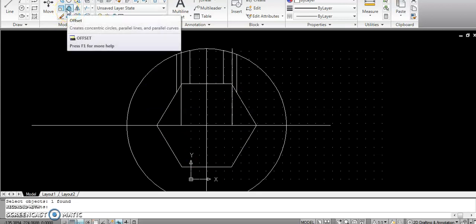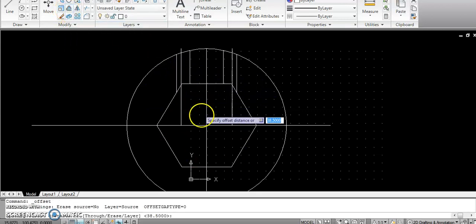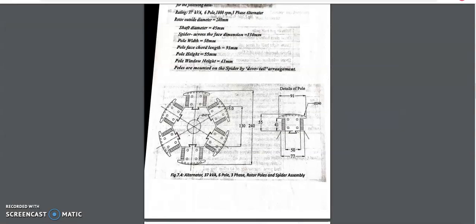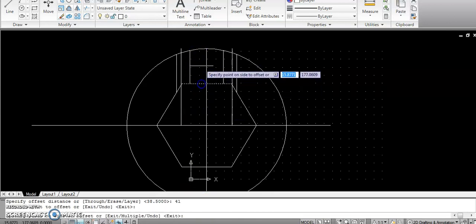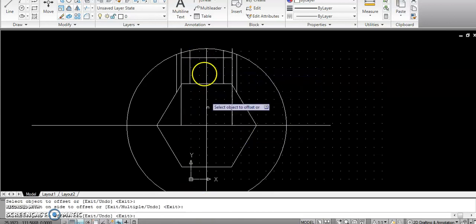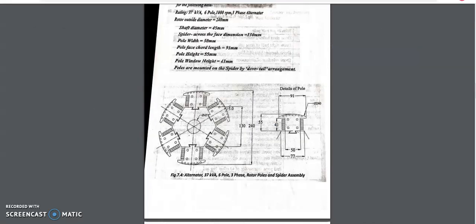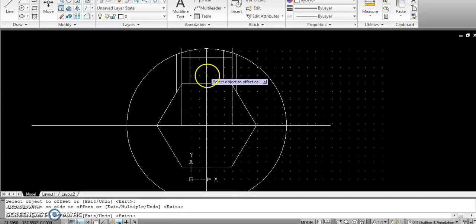So next you press the offset command. Offset at a distance of 41. Just click this, move it up. So what is this? 41 is the pole window height. So this is 41, and this is pole width.